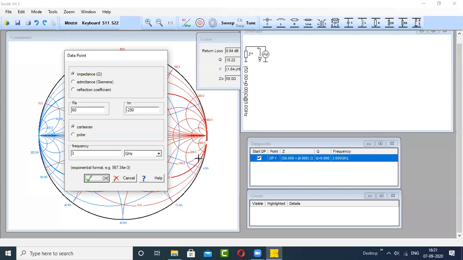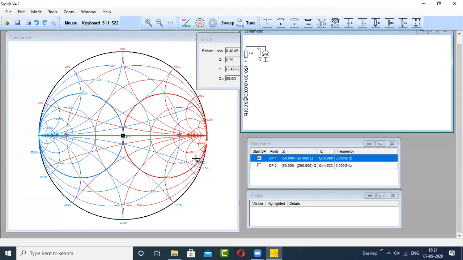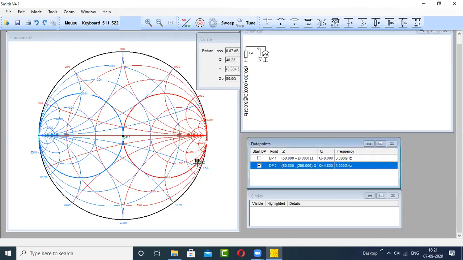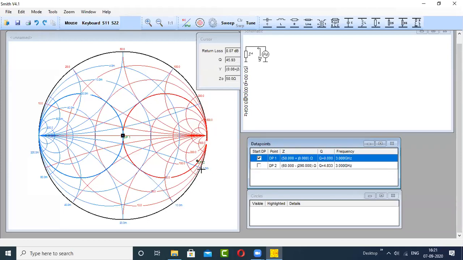Coming here, it should be here. Of course, it's a very dense region. It is difficult to plot actually. Yeah, but I have plotted it and I want to verify this.